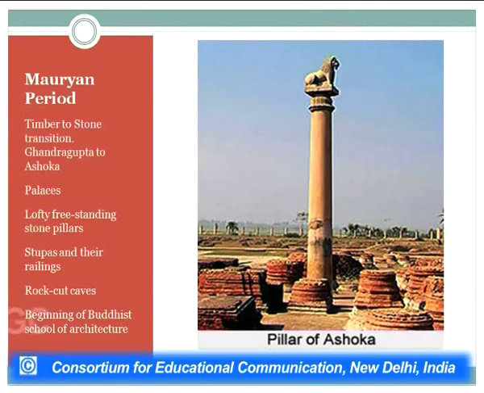The one on your slide, as you can see, is the famous Lauriya Nandangarh pillar inscription. The national emblem, that is the Sarnath pillar, which is the four-lion pillar of Ashoka, is extremely famed. They are architectural marvels in the sense that the pillars are very slender, tapering, and they have a capital at the top of it. As you can see, the inverted lotus-like structure over which the lion is sitting is in fact a